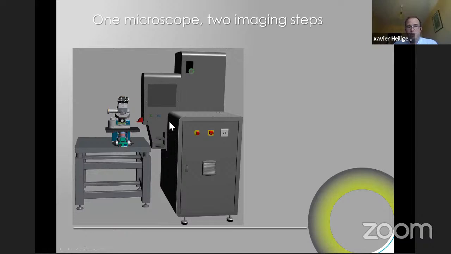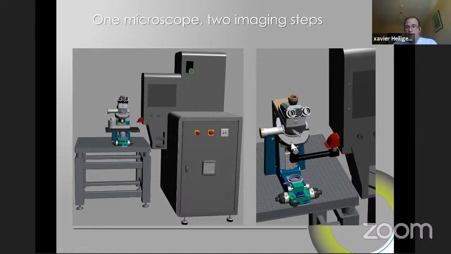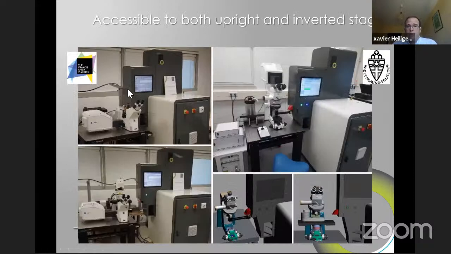And then once you want to do live cell imaging, you put your inverting arm on, and then you can do live cell imaging on an inverted system. You remove this inverting arm, and then you would do cryo-light microscopy. So basically, we become way more flexible nowadays with these different technologies. Depending on which lab you're working with, you have a preference for upright or inverted microscope, but it's not only a preference, it's also where you want to focus. Here in that case, at the Francis Crick Institute, what they want is to do live cell imaging, which is the most critical step. So they want to see things live.